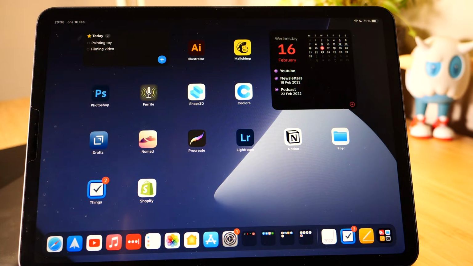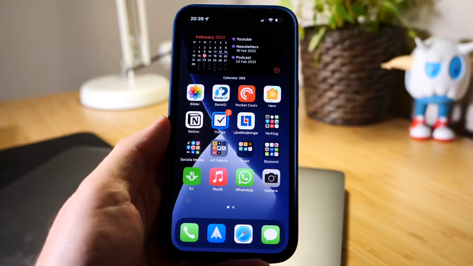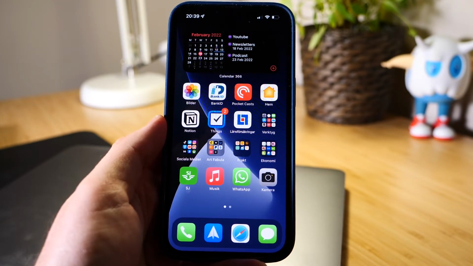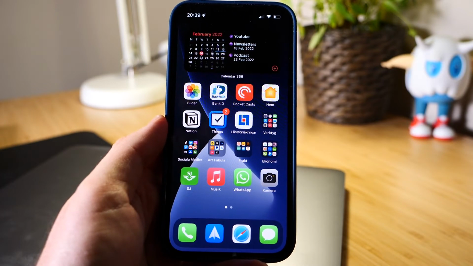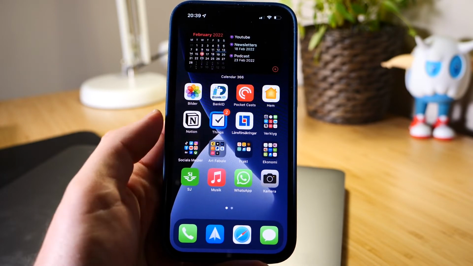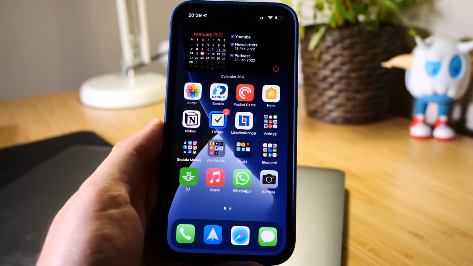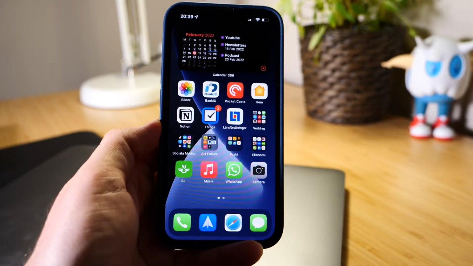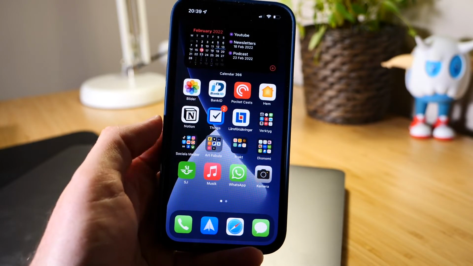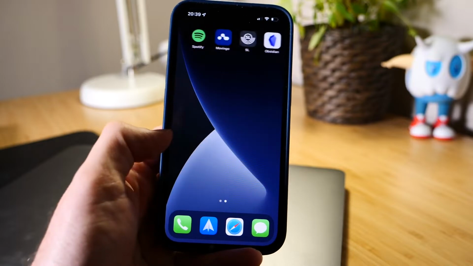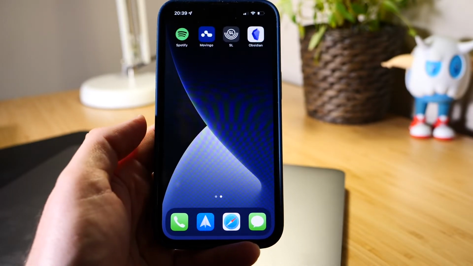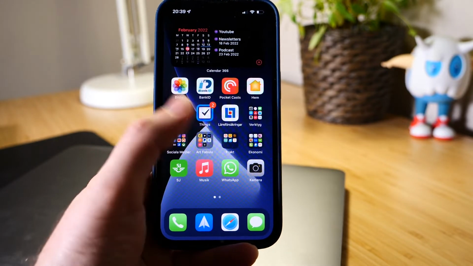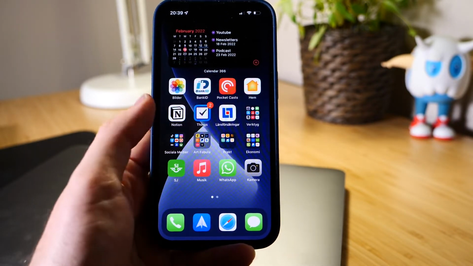Now I want to show you the mobile applications too. And here we have the last of my applications. This is the mobile version. And as you see, I don't like to have too many things on the mobile. I like to have it very minimal. I have two sides. This one is for applications that I'm not using too much. But this is my main applications